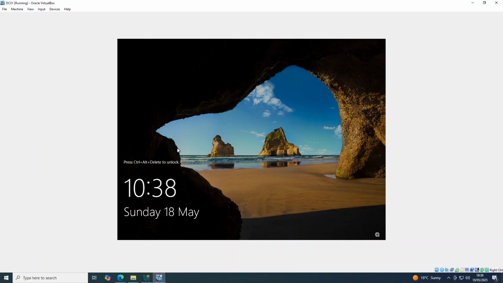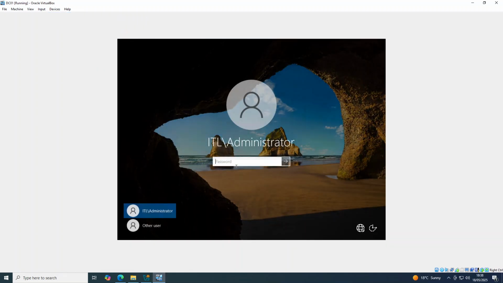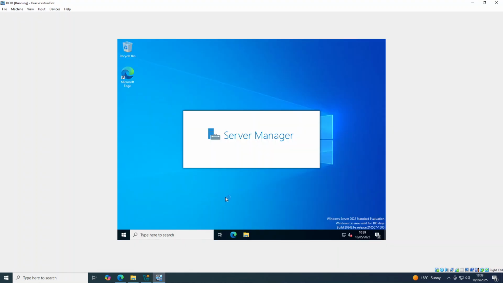Hello again. So part of the installation, as I mentioned before, the server had to reboot. So now it's come back online. I'll just log into the server again with my credentials. And this is the NetBIOS name that I have set for my domain, ITL, which is now present. So this is what the NetBIOS name will look like when you log in after the domain controller has been installed. So logging in now. Okay, so